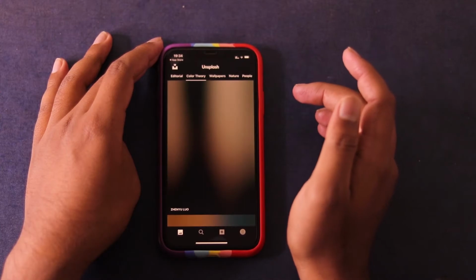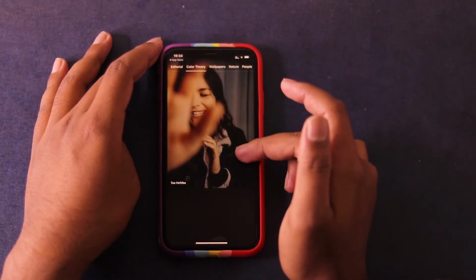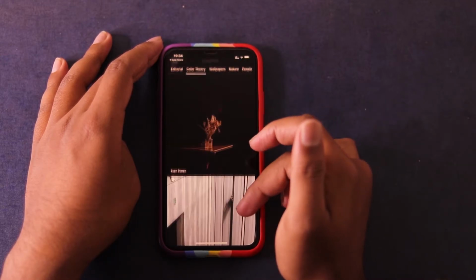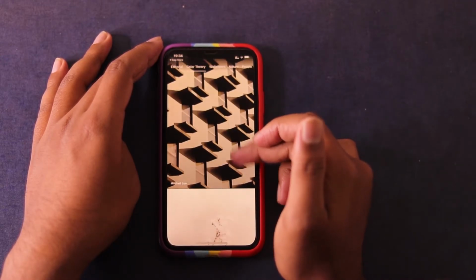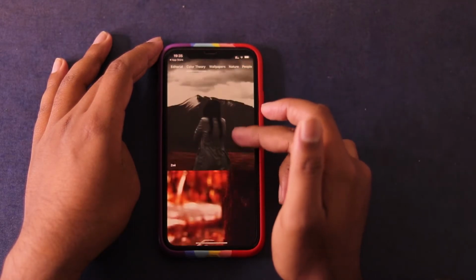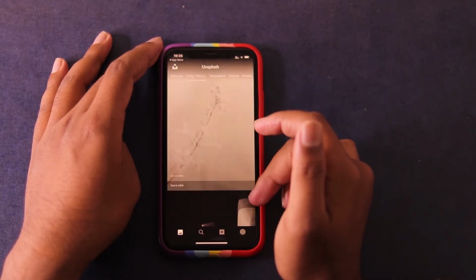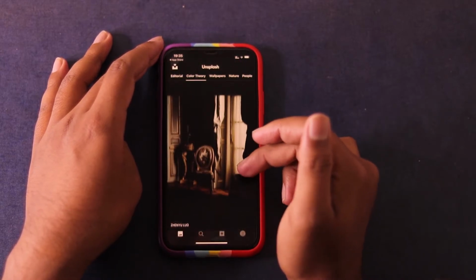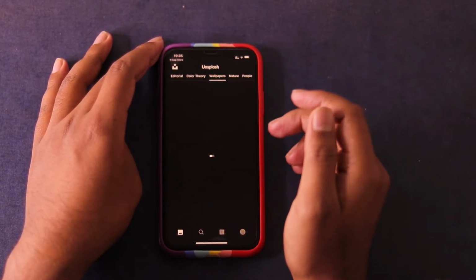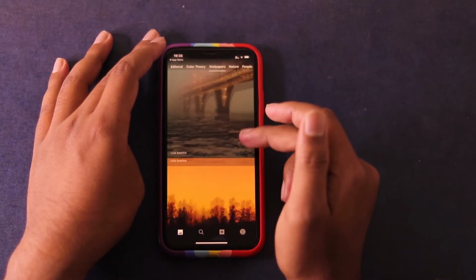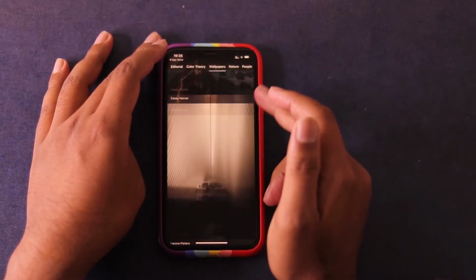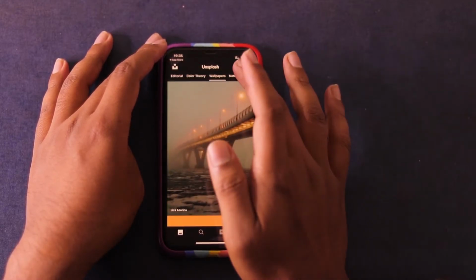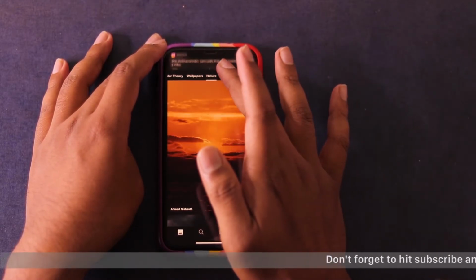So you have color theory. This is into white color, skin color, red color, white color. So these are mainly color filtered photos. You can't say it's color filtered, but kind of into color filter. And then these are wallpapers. You can use any of these wallpapers for your mobile phone. These are all high resolution images. Then you have nature, people.